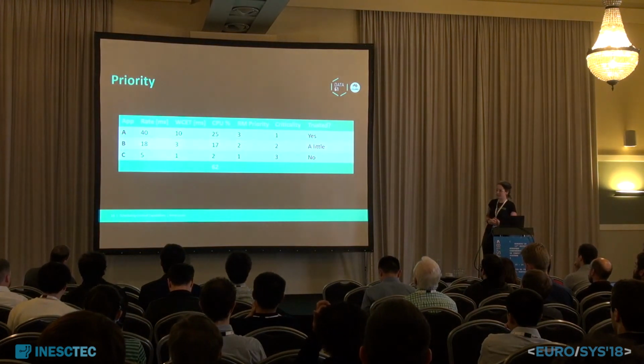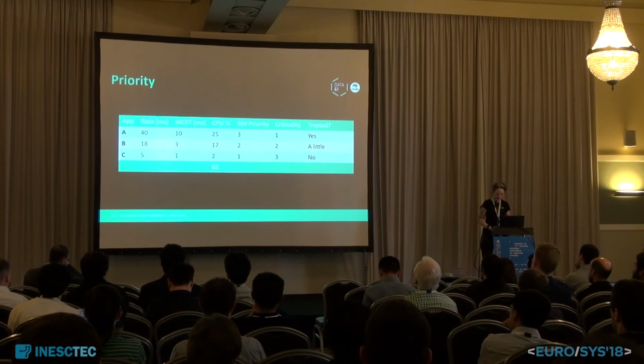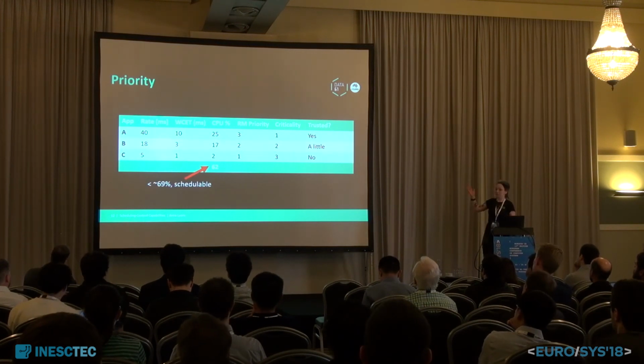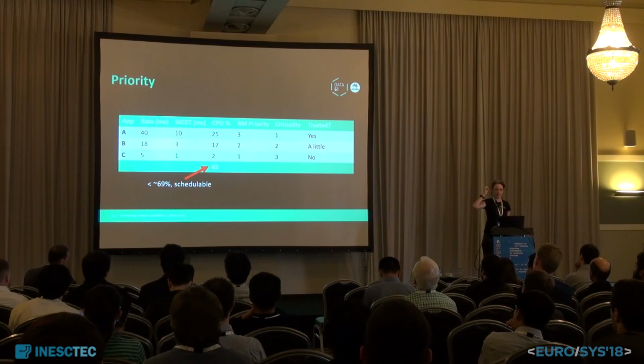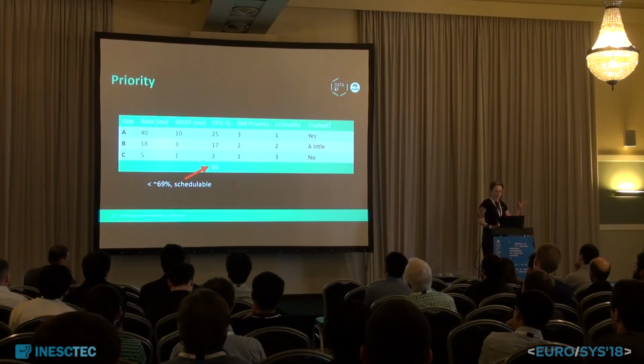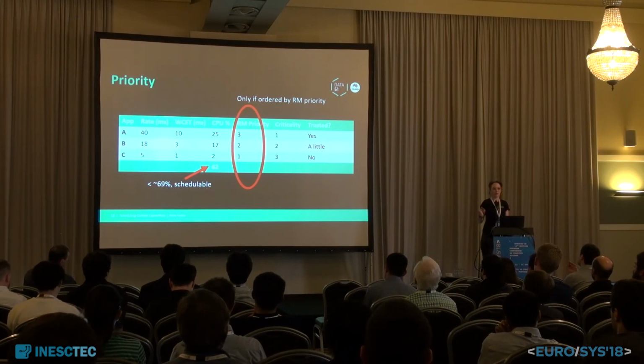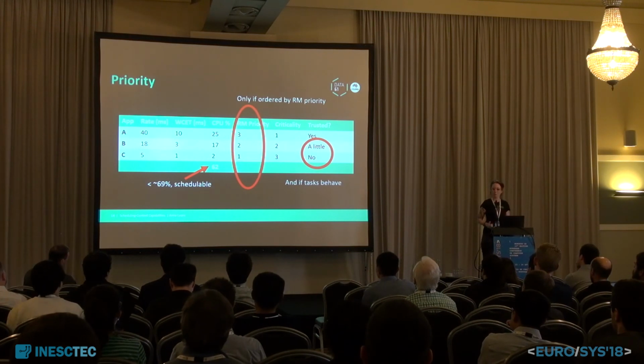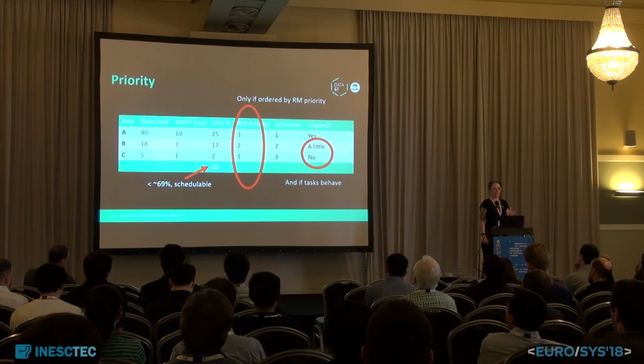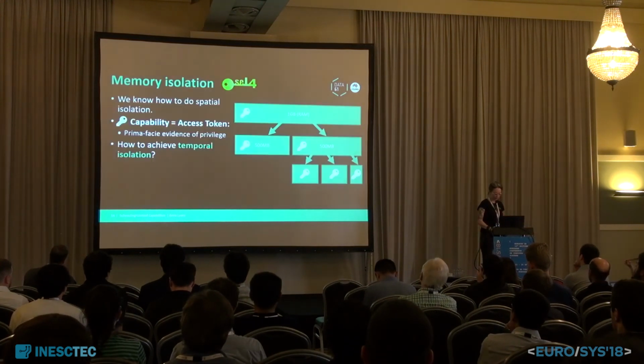So if we look at this example I have of 3 tasks, A, B, and C, they're schedulable. The sum of the utilizations is less than the magic number we need. But they'll only meet their deadlines if we order them by the rate monotonic priority, which, in my very convenient example, is the opposite of the criticality. So we have this high priority task. If it doesn't behave and overruns its time, it could cause failures in the really important task, which we don't want. That violates temporal isolation.